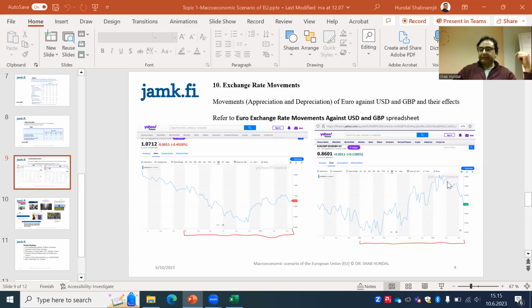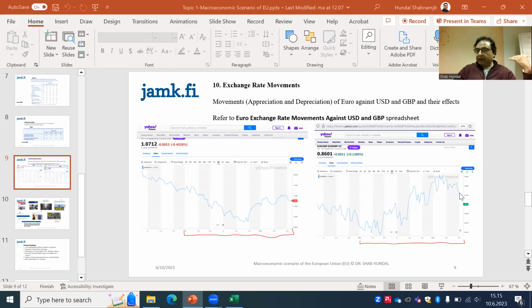Except for the last month, despite these movements on top of the line and below the line, the overall trajectory of this trend has been upward sloping. Of course there has been a decline in the value of the euro in terms of GBP, but there have been big spikes as well. So the overall average trend has been that the value of the euro in terms of GBP has been increasing,